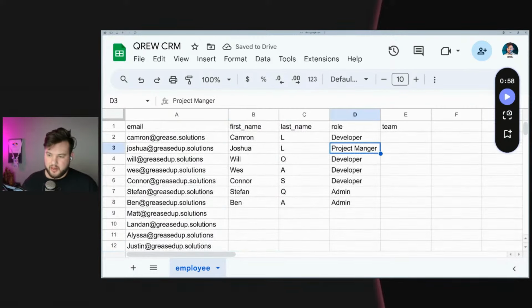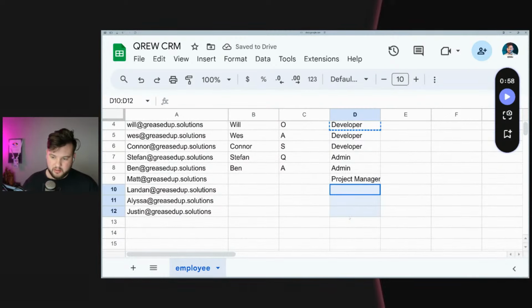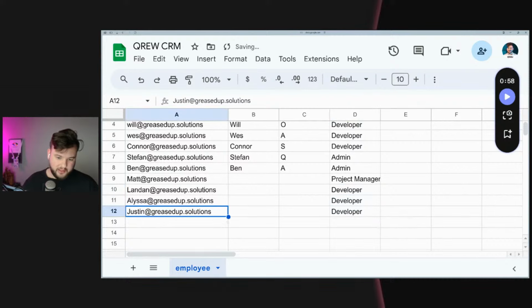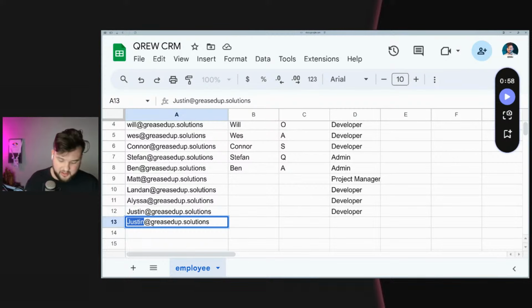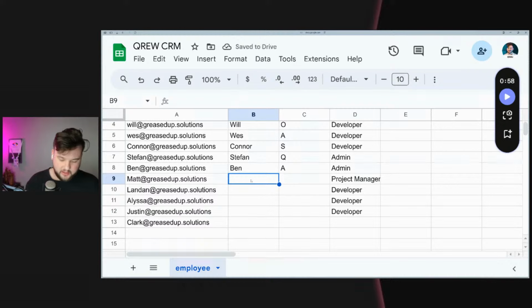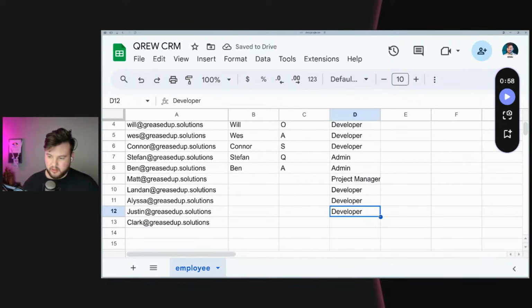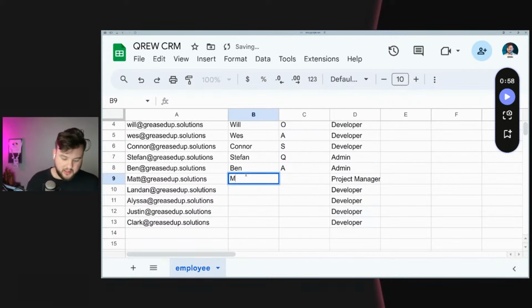All right, so we got another project manager. Let's spell that right. And Matt is the project manager. Then we got more developers. Oh, we left one more. Sorry, Clark James, also a star of AppSheetTraining.com. Let's go ahead and get Clark James in there. All right. So we got project manager, got another developer, and let's say Matt, P,